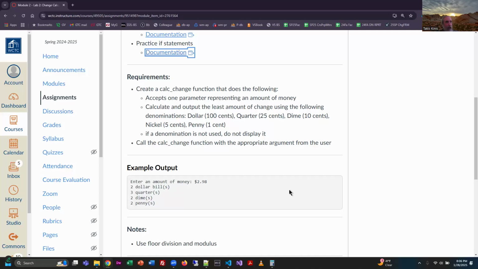Okay, this is a little bit more challenging problem because this is going to get you to think, all right, how am I going to accomplish this? And this is one of the ways that programmers think, by the way. You don't just rush in and write the code typically in a situation like this. You have to think about what might be the process for doing this. Now, if we were,